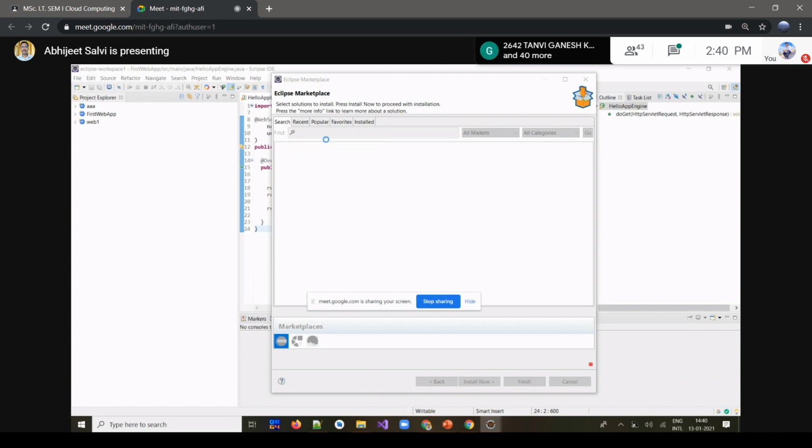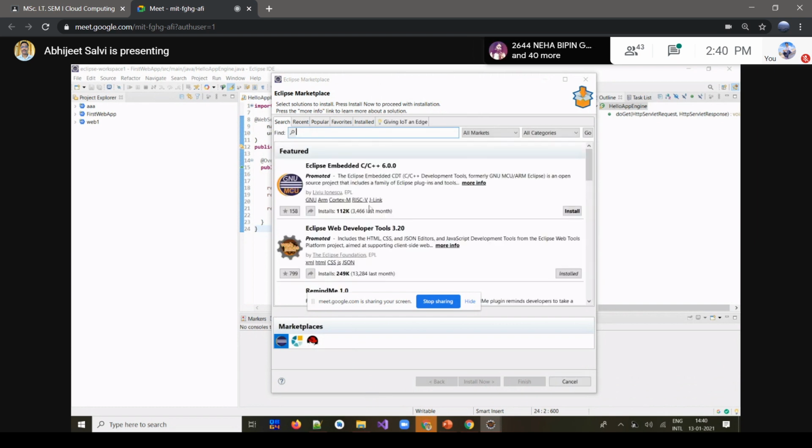Did you understand that step? What you have to write down here: Google Cloud Tools.